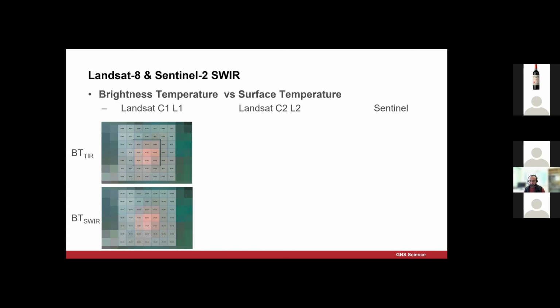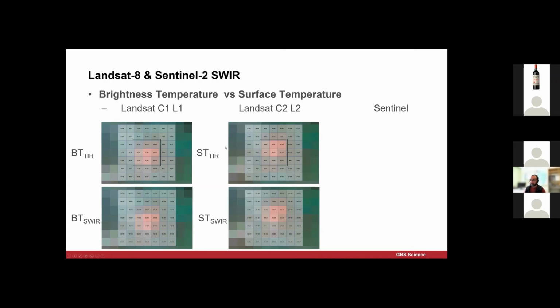These pixels are in the range of 40 degrees to 250 degrees in the thermal infrared and shortwave infrared. For the collection 2 level 2 data, it's more accurate. It's what they call a science product. The temperatures have jumped from 40 degrees to around 50 degrees over that area. But there has been a significant shift in the high temperature pixels